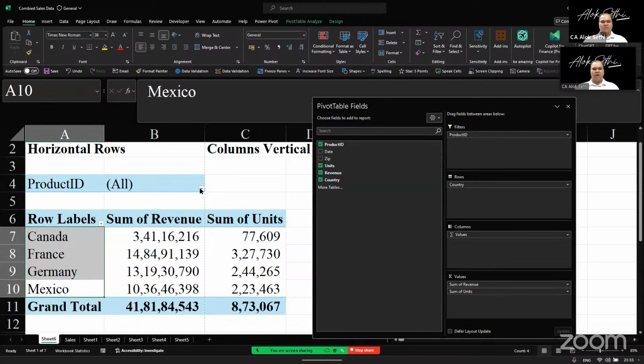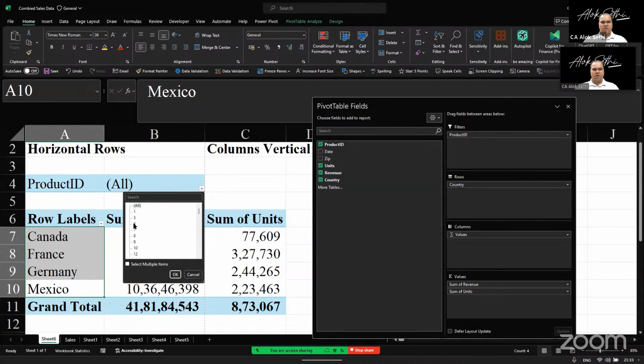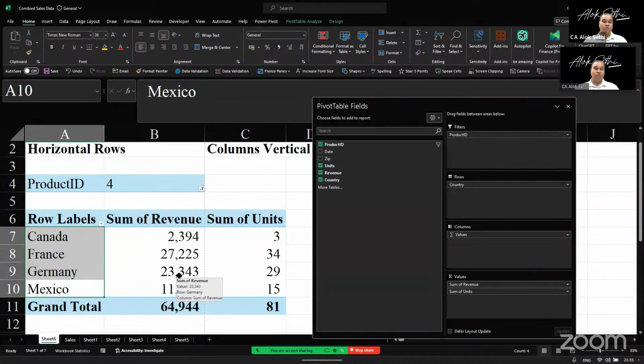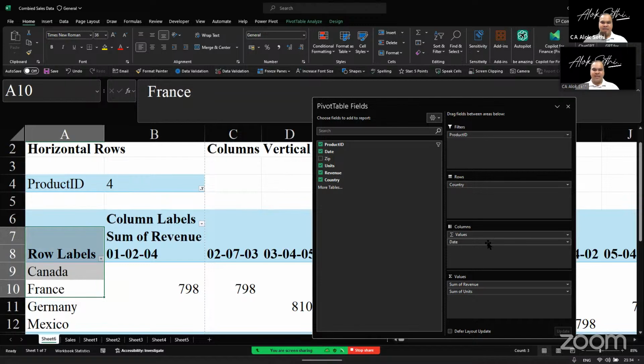ठीक है। अभी क्या होगा, सपोज आई सेलेक्ट, आई वांट टू सी व्हाट इज द प्रोडक्ट आईडी 4 का सेल्स, तो 4 मैंने सेलेक्ट करा तो ये सब नंबर चेंज हो जाएगा, इट विल गिव मी ओनली द 4 प्रोडक्ट आईडी का टोटल सेल्स एंड द सेल्स बाय कंट्री एंड द सेल्स इन यूनिट। नाउ सपोज आई वांट टू सी द ईयर वाइज सेल्स, आई कैन पुट द ईयर इनटू कॉलम्स।